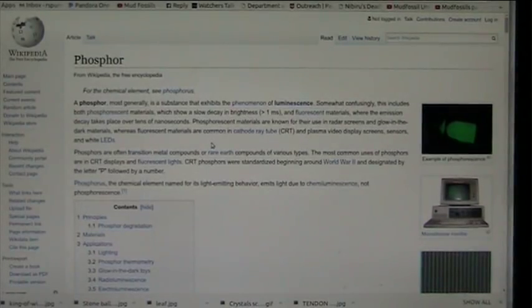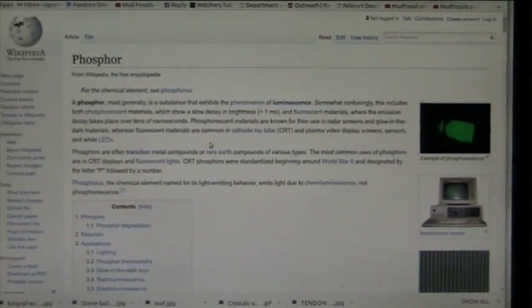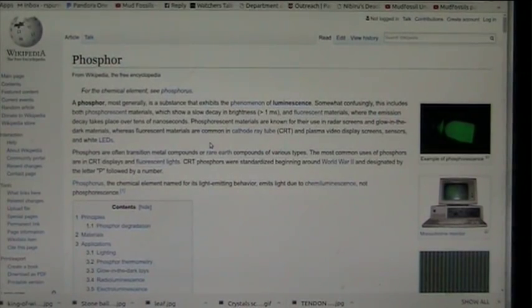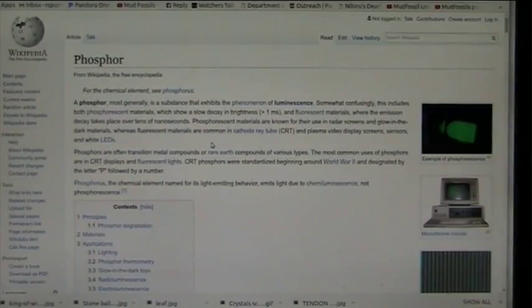All right, I have been doing studies on colors, and colors are primarily a function of transition metals. Once again, I started to look into the phosphors, and phosphors are often transition metal compounds or rare earth compounds of various types. And they have a characteristic that I am about to show you, and Dave Hudson did some very good research